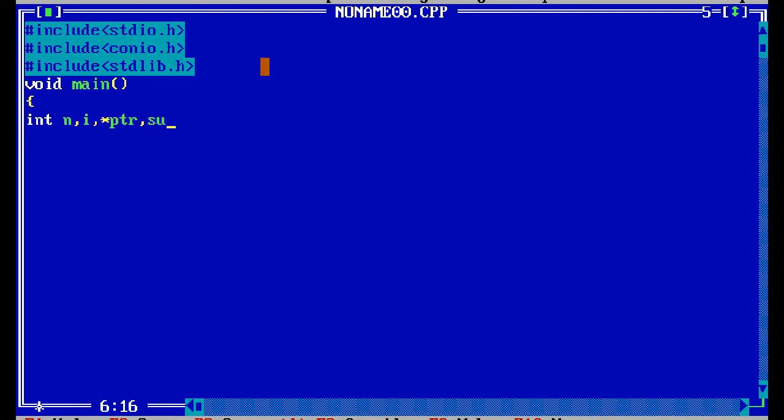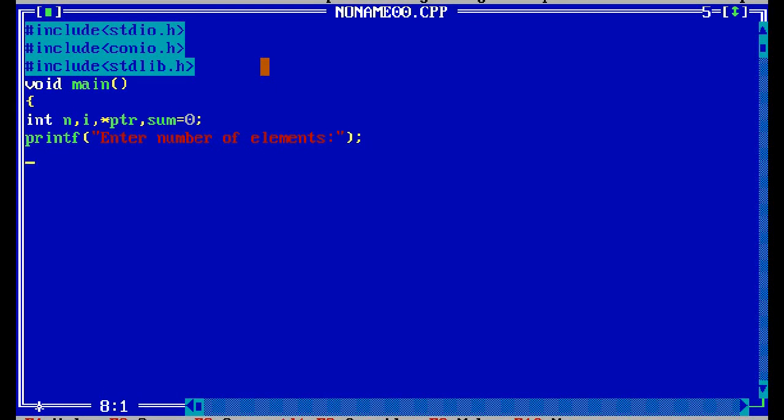Next sum = 0. In this printf, "enter number of elements", I'm writing.